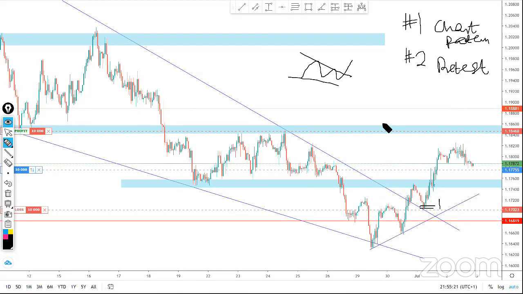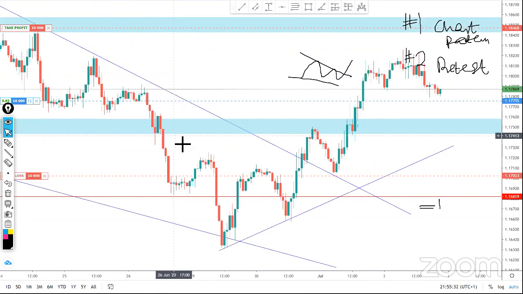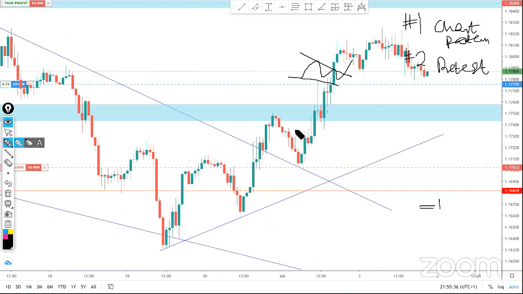After a retest, it doesn't mean you have to buy. After a retest, you have to figure out whether price is giving you a strong bullish price action signal. You can see right here now, after the retest, price carved an inside bar right here. You can see that right here.